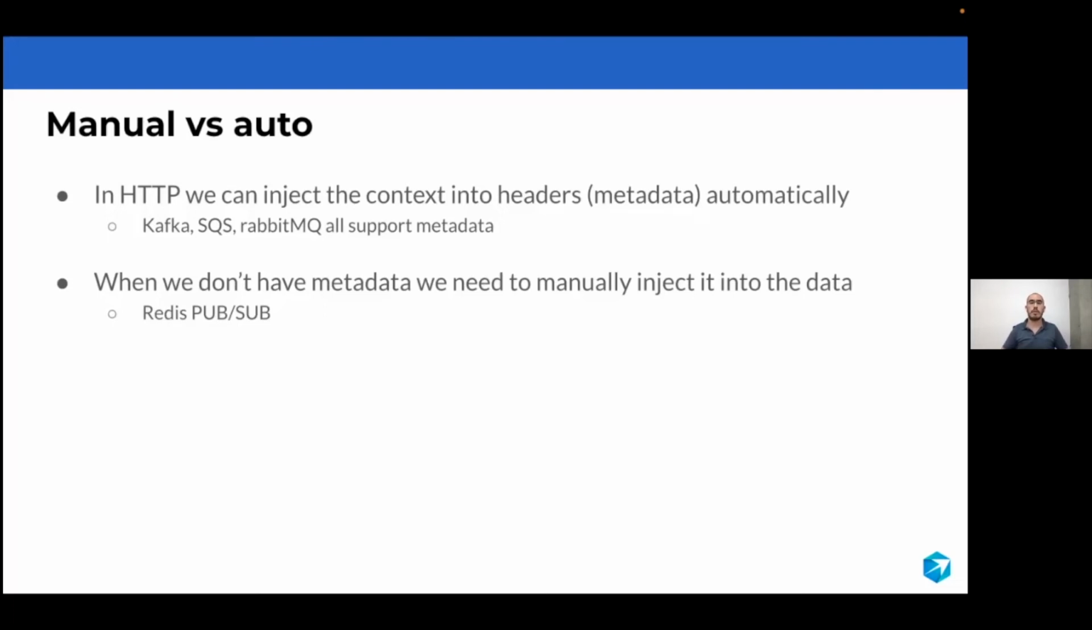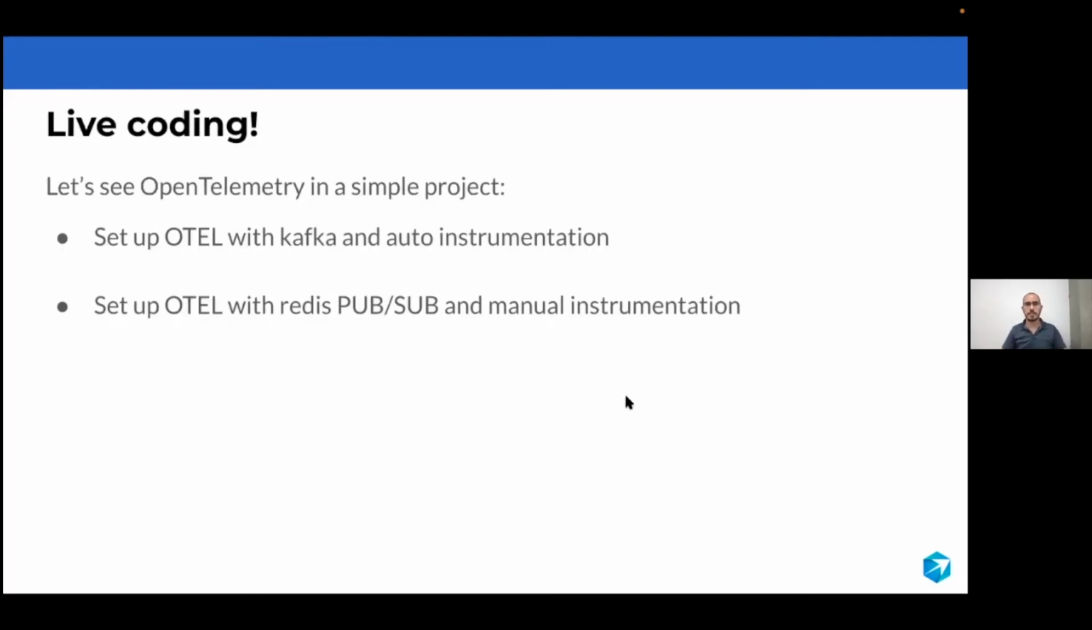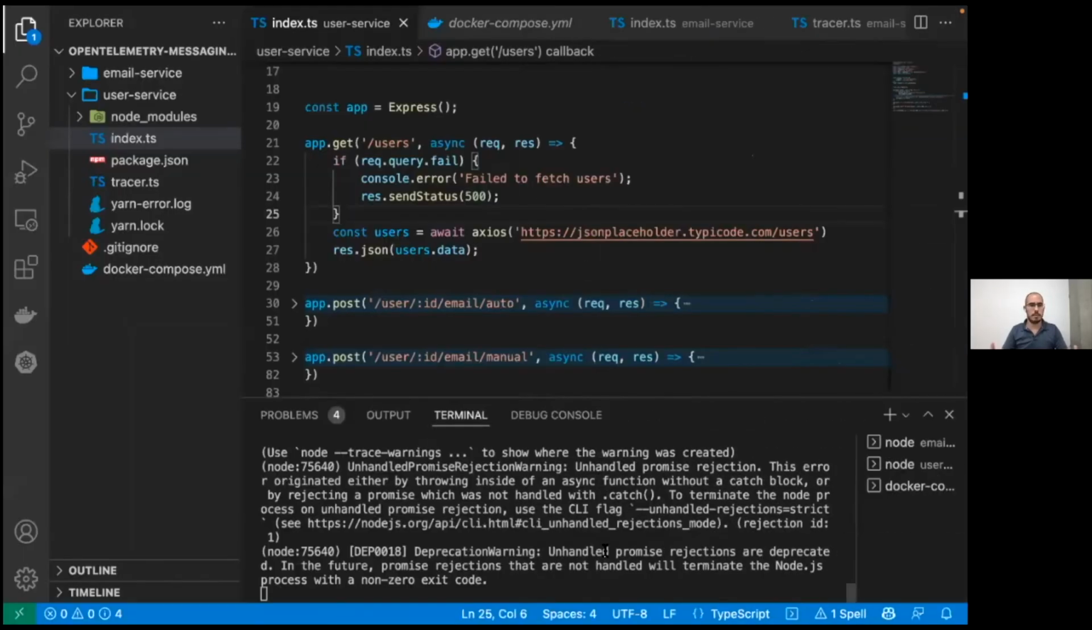to inject the context into the actual data. And this is something that won't happen automatically. This is something that you have to do manually because it changes the behavior of your application. For example, Redis PubSub doesn't have this place, and this is why we need to do it manually. So let's jump back to our code and see what I mean by having something that is automated